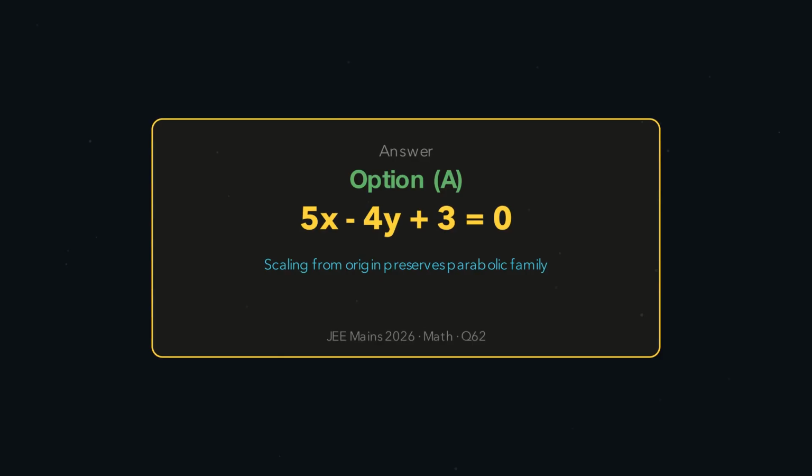The takeaway: whenever a point divides a segment from the origin in a fixed ratio, think scaling. The locus is always a similar conic,